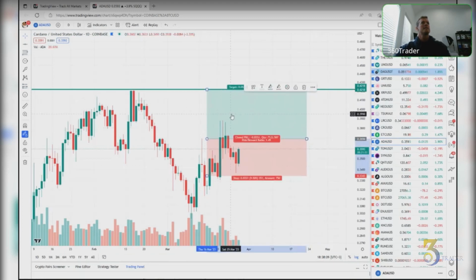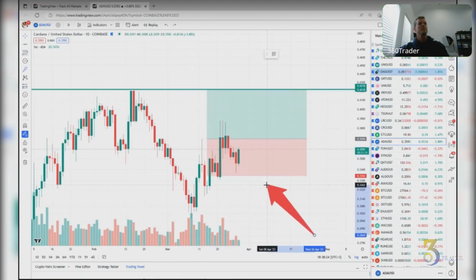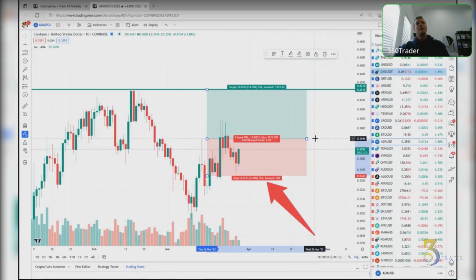Let me move this bar out. By clicking on this, it's going to give you instant information, and this is how I get those numbers for you. First of all, to set these price points precisely, instead of dragging them, you double click on this.